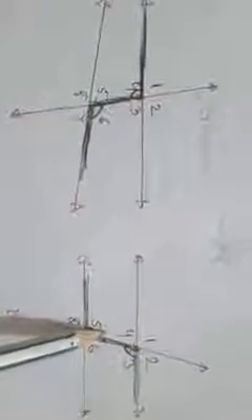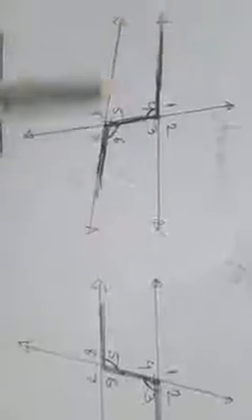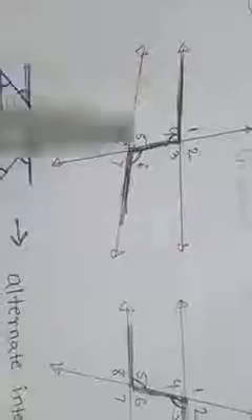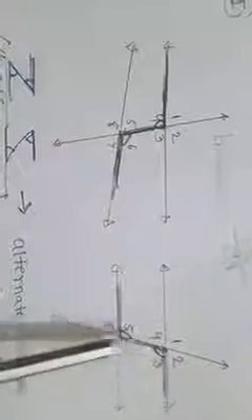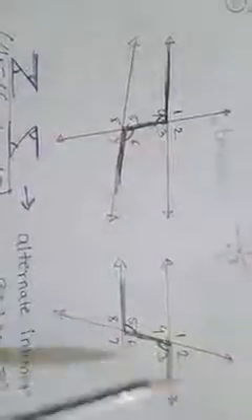Clear? Same way here. What happened here? Only the line directions are changing. Here lines are intersecting and these are the parallel lines. Here the transversal is going to the left side and here the transversal is going to the right side. Is it okay? The information is the same, only the picture of the diagram is different. Here again the transversal makes 4 angles with each line, total 8 angles.